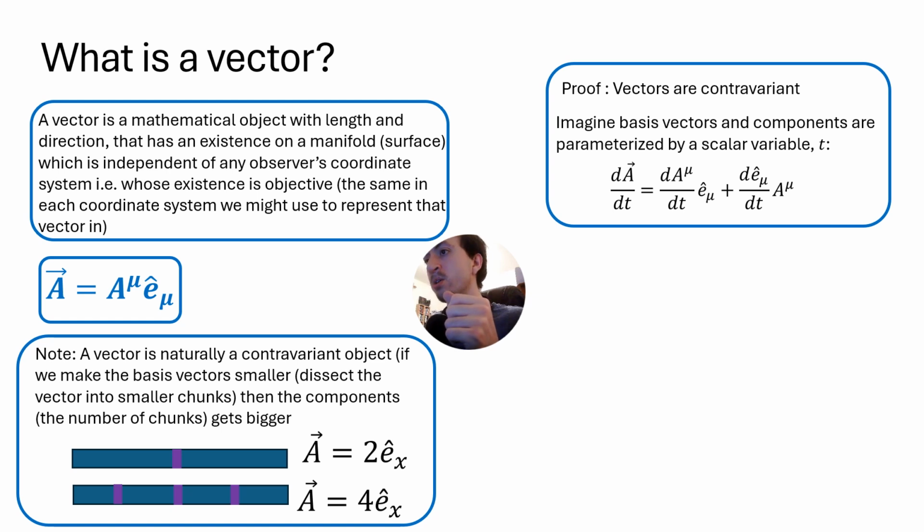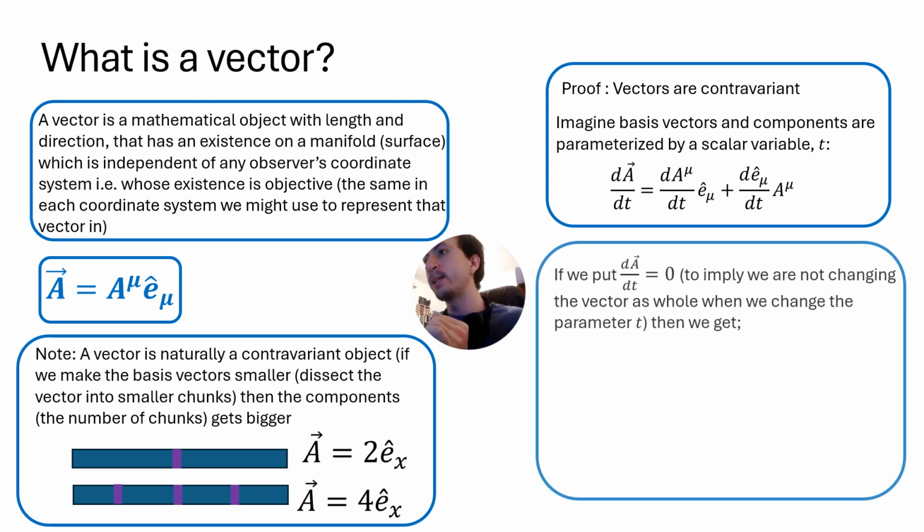We can use the product rule to work out what dA/dt is. So we use the product rule on that first line, and setting dA/dt to 0,